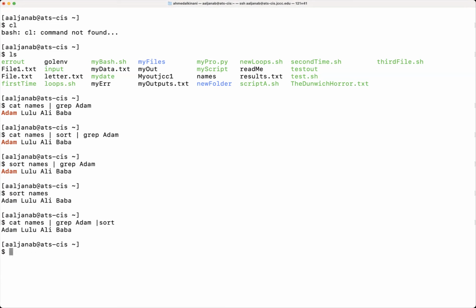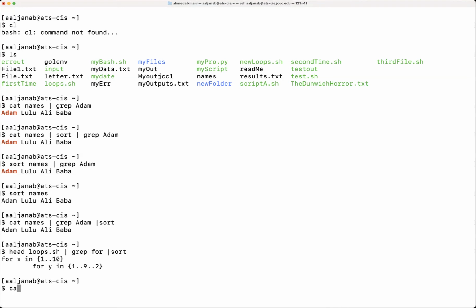Let's see here. I'm going to go with another file, something a little bit bigger. So I'm going to go with head, for example, and I will go loops.sh and I'm going to pipe that to grep, and I will say, for example, for, and I'm going to ask it to sort it. Okay, it's showing me the sorted lines.